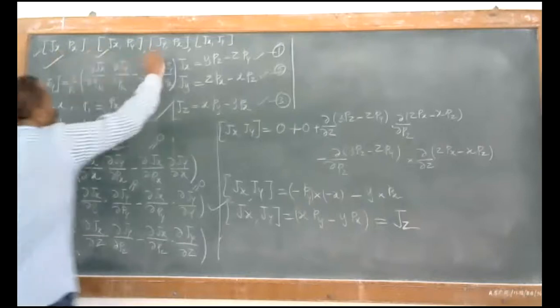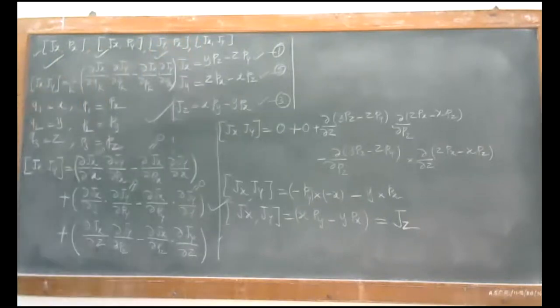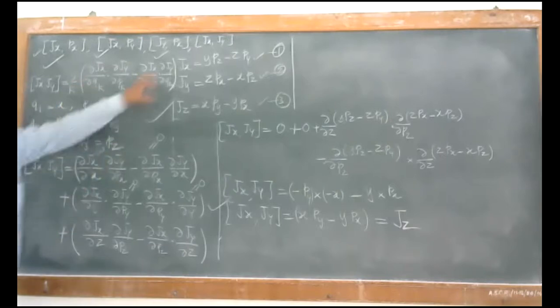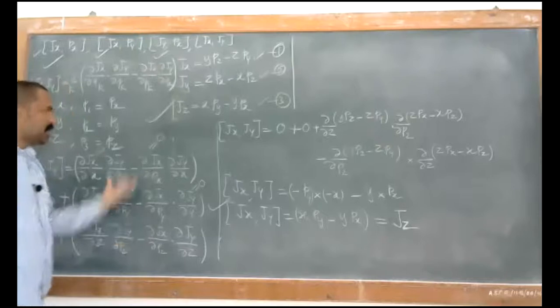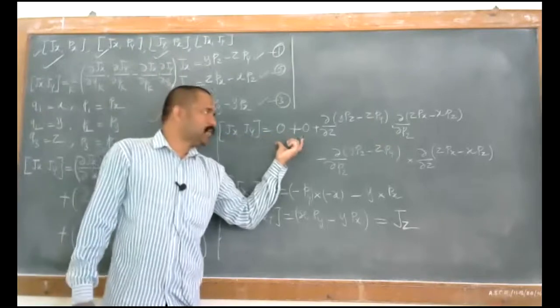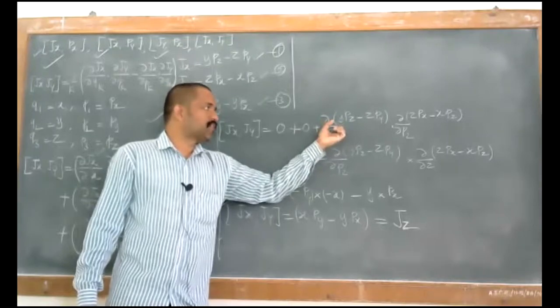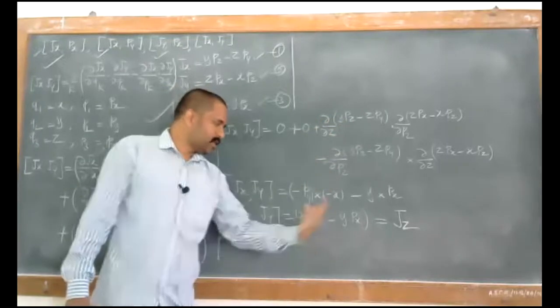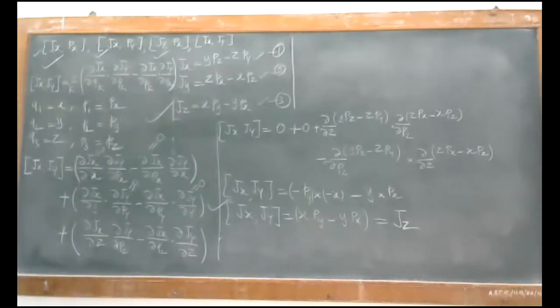jx px, jy py, jy px, and now for the third one we'll have to use the elementary Poisson bracket, and as we have these three variables, we defined the position vector and linear momentum in terms of the three dimensional case. On the same basis we'll define x y z, px py pz. Write down these three terms. There are some conditions for jx jy jz that we derived above; solve this from them. The first two brackets will come out to be 0, and calculate the value of the third bracket that remains. It is nothing but x py minus y px, and that is equal to jz, and so that is true. This problem is asked in exams.